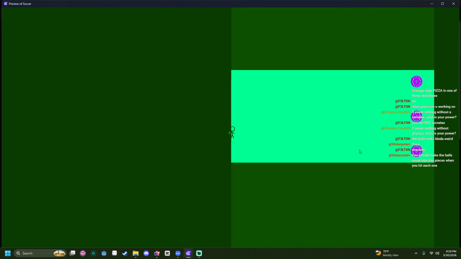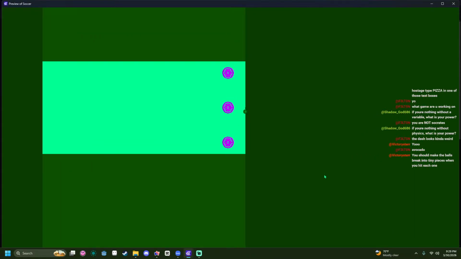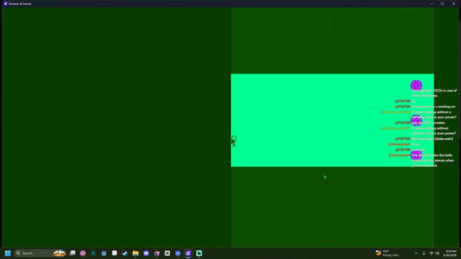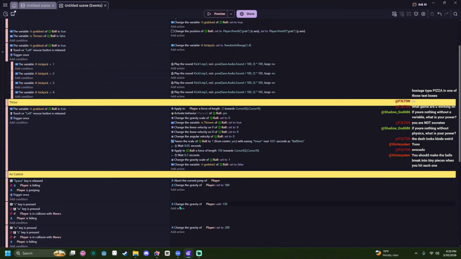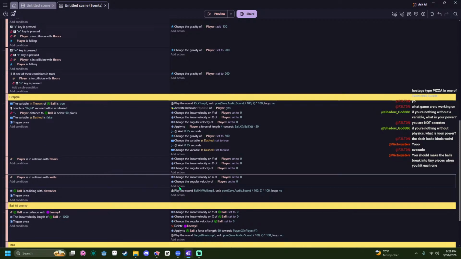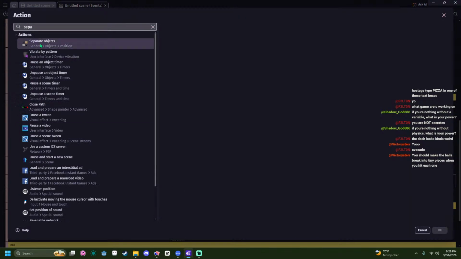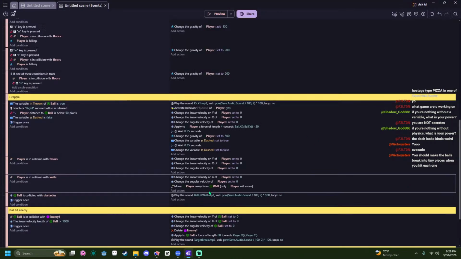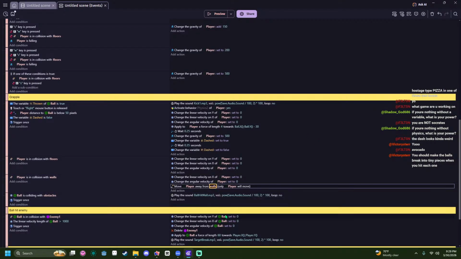I don't know why it's interacting like that. That's so weird. Actually, I do know why, but it should... If we just add separate, it should fix it, but it's not going to. Walls.